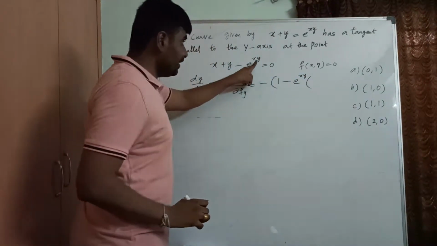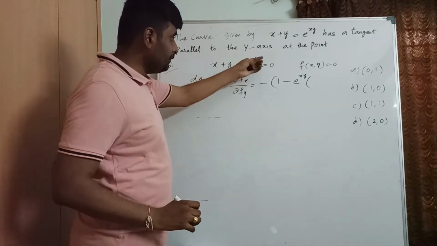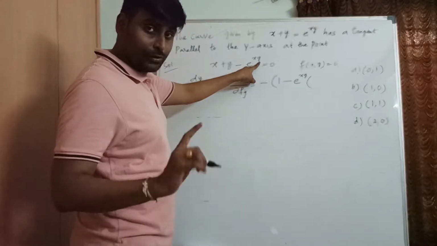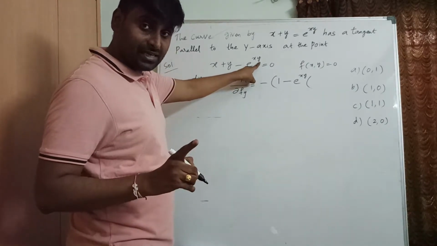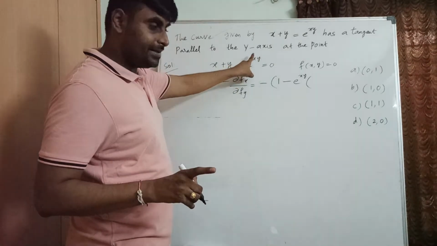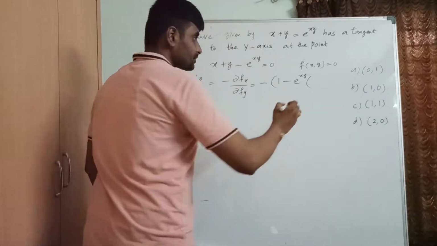Again, inside, derivation will do. If you derive xy, the derivation of x is 1. Why is y as it is? There is no uv here. We are differentiating partially, right? So derive the x term only. If you derive this power, the derivation of x is 1, and 1 into y is y. That's it.